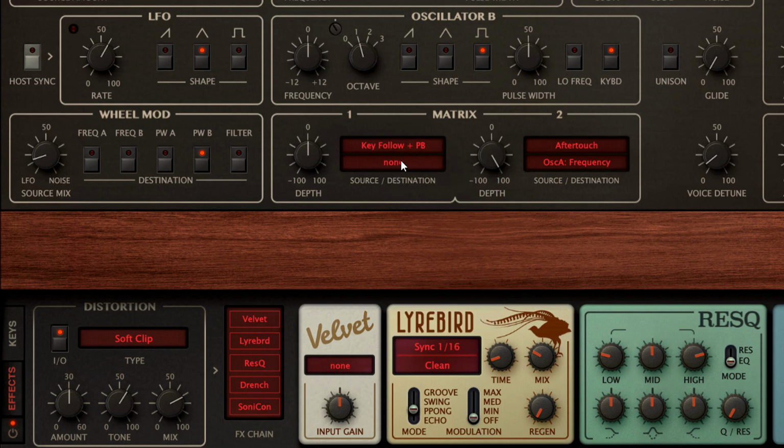Then drag to assign this to the distortion drive knob, and turn the depth knob down so that higher notes get less distortion and lower notes get more. I can now hold rich, dirty low notes while simultaneously playing sweet, clean high notes. And the sound works better over a wider range of the keyboard.